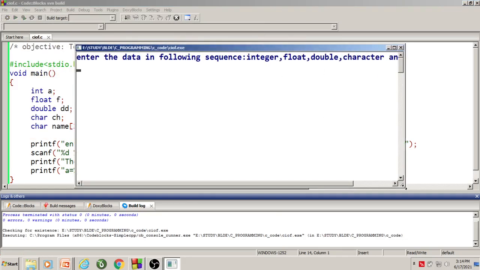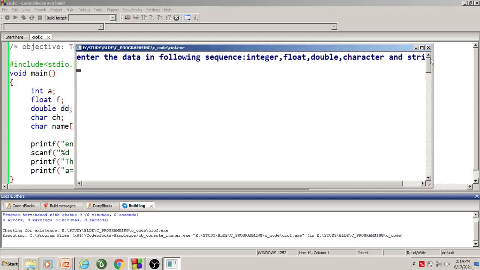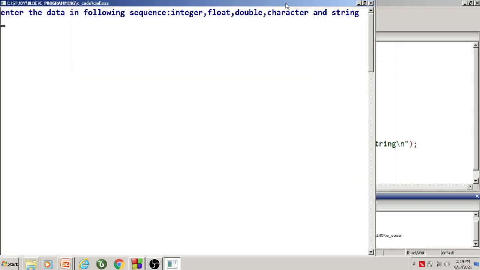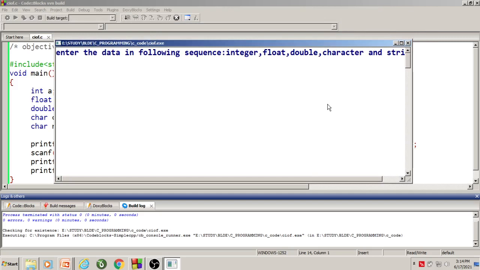So this is asking me to enter the data, right? So I will enter the data as follows: 10, 10.5 float type of data, 10.5999 double type of data, character is Y, and name is BLDEACET Vijaypur, right?